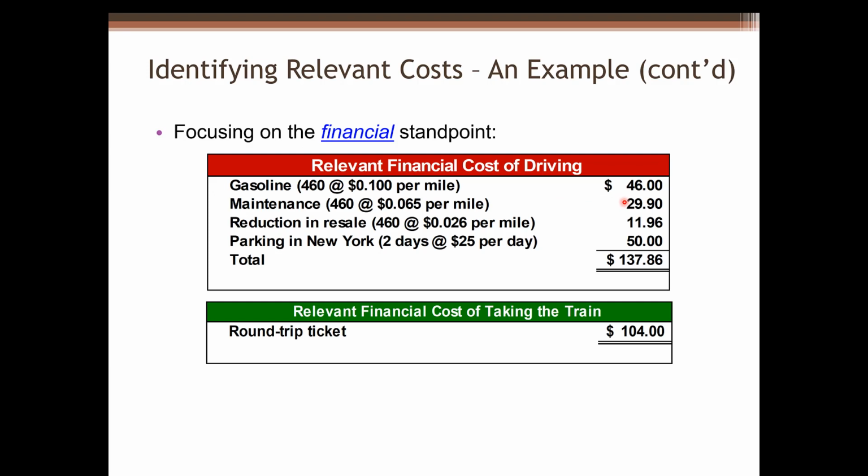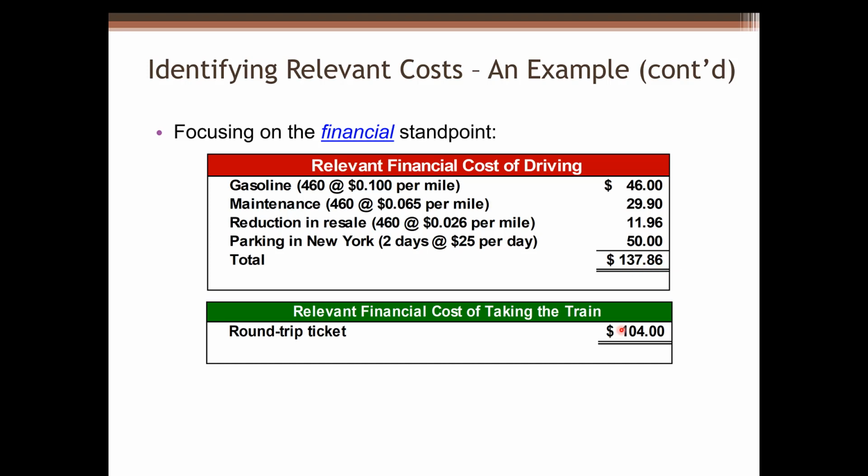And now let's take a look at some numbers from a financial standpoint. We can calculate the total dollar amount if Cynthia drives to New York. For gasoline, 460 miles, keep in mind this is a round trip, so 230 miles multiplied by 2, and we get 460 miles. Multiplied by $0.10 per mile, and we get the total gasoline cost of $46. We can calculate for maintenance, reduction in resale, and parking in New York. And we can get the total cost of driving